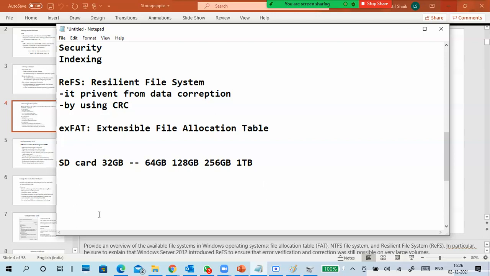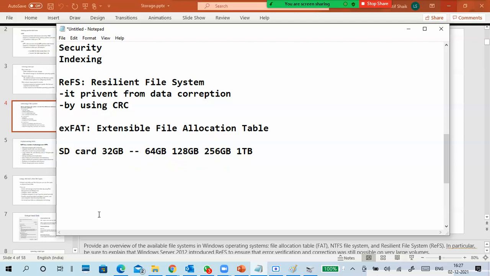The main purpose of exFAT is for SD cards or pen drives which are more than 32 GB. So we should format them with exFAT, and then we can put the data, and also huge files, in them. One more benefit is that big size files can be stored.